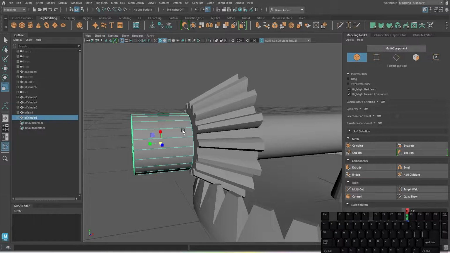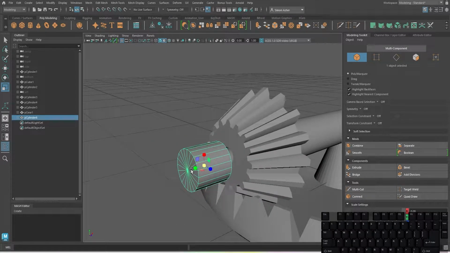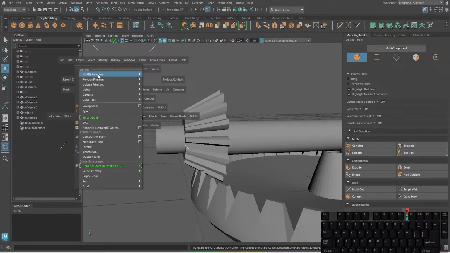I'm actually going to make that a little bit smaller again because I'm going to have a thread go on it to make it a bit thicker afterwards. So let's bring that in, like there. Now we need a thread, so I'm going to go to create, and we're going to get